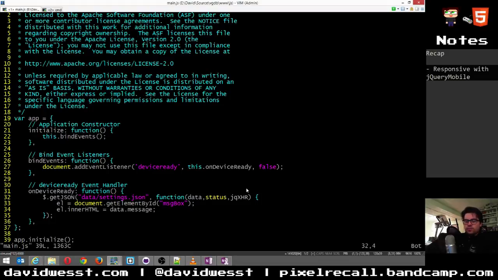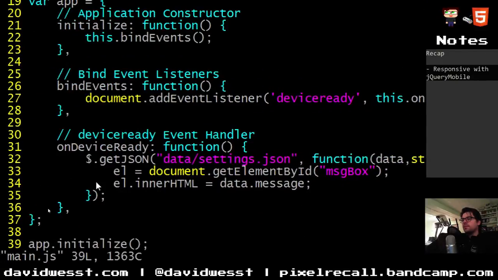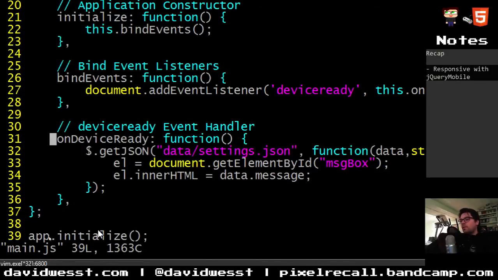I built this using jQuery, so I'll zoom in and move this thing over so you guys can see it a little bit clearer. Perfect. What you can see here, I have the on-device ready function. This is what gets called. You can see the add event listeners happens up here, so bind events. The device ready event is a Cordova event that gets fired when the DOM is ready to go, and more specifically that the Cordova JavaScript is actually loaded. So this gets fired, and that means your plugins, your APIs, your everything is set up.